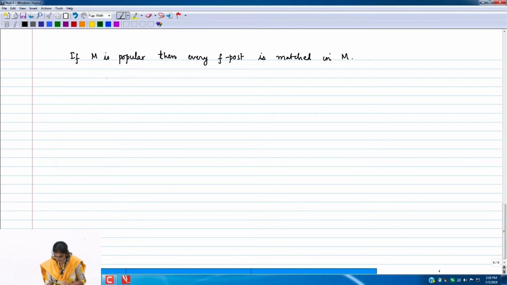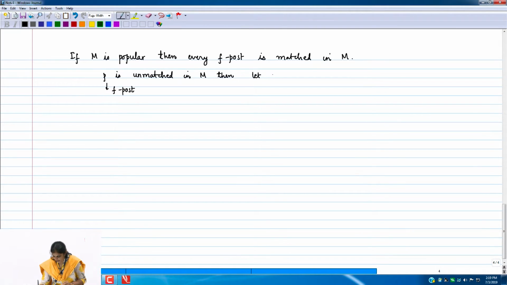So what she suggests is that if P is unmatched in M, and of course P is an F post, then